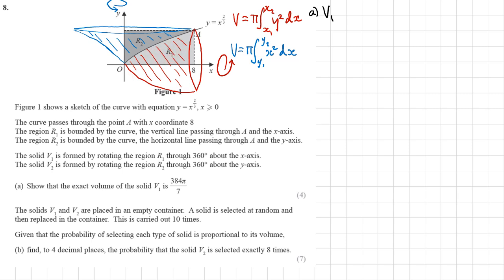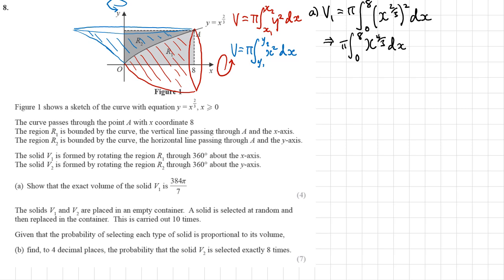So let's start first of all trying to calculate the volume V1, which is generated by rotating the region R1 around the x-axis. Right, so that will be equal to pi times by, and my x limits are going to be 0 and 8, they're the two ends of the shape, and then y, well, that is x to the power 2/3, that's going to be squared dx, so that will be pi times by the integral between 0 and 8. So if we square x to the power 2/3, we get x to the power 4/3